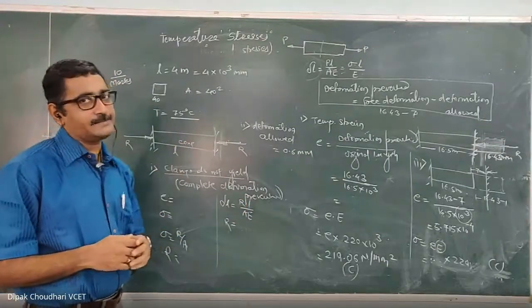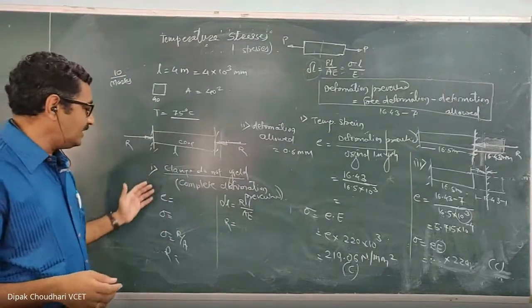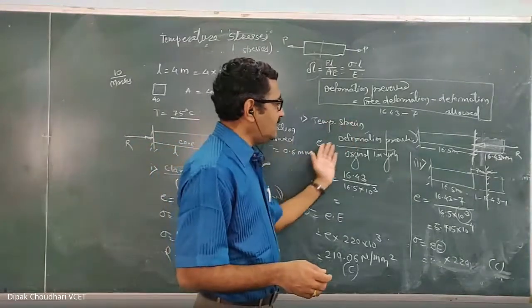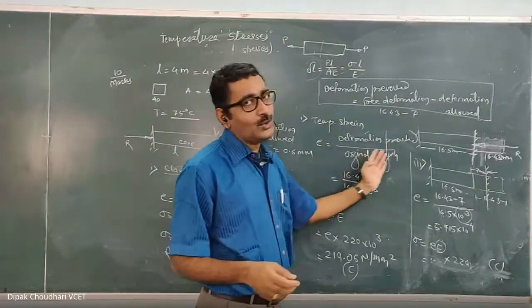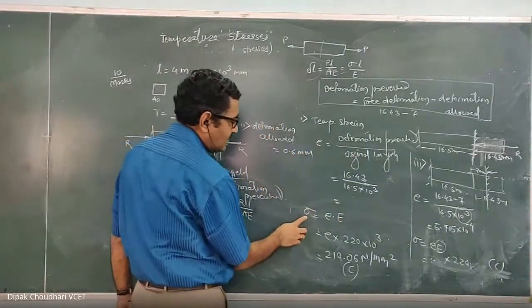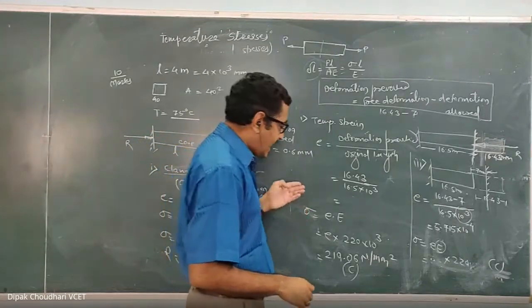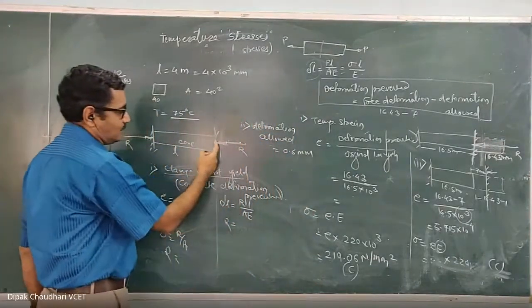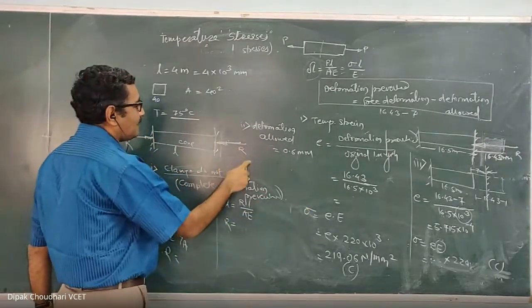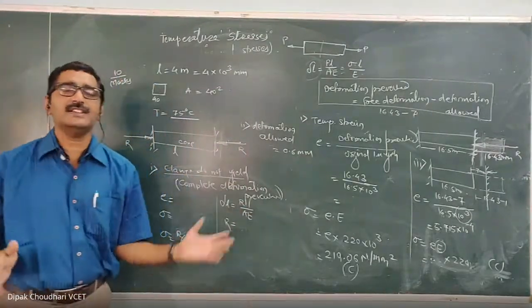With the help of this R you can calculate the stress. The other method I suggested is to first calculate the temperature strain. The temperature strain is the deformation prevented upon the original length. With the help of this temperature strain, you can calculate the temperature stress, and this much temperature stress is actually induced because of the reactive force. So this stress is equal to the reactive force upon cross-sectional area, and since you know the temperature stress, you will get this R. Clear? This is one method.